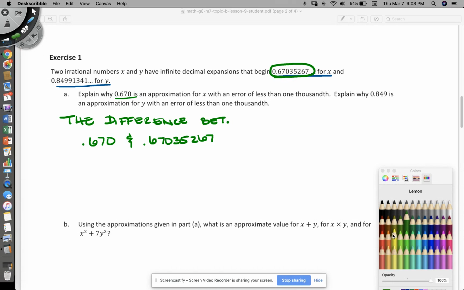0.6703527. Now I wanted to know what the error is of 1,000th. Well, let's see what number is in the thousandth spot. Tens, hundreds, thousands. So I'm going to cut it off right there. And that's how I got 0.670. So the error difference in this one is